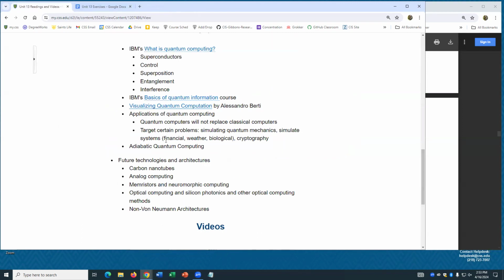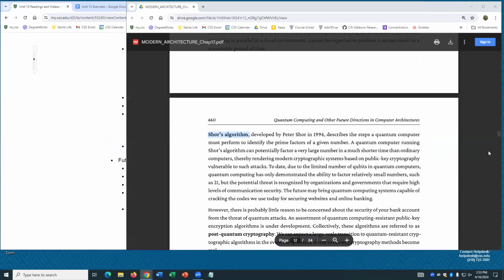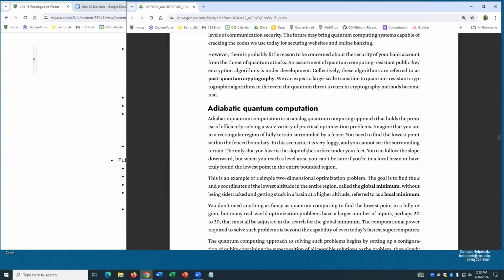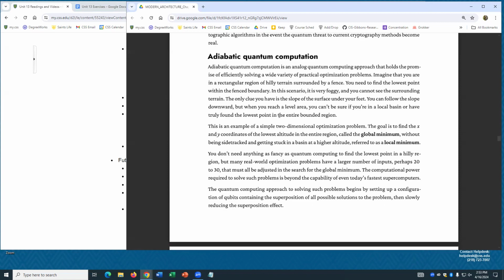I'll just mention, because your book talks about it, one other area. So quantum computing tends to work with quick state changes. We let it try out lots of things, and then we do a measurement, and that gives us a result. There's this adiabatic computing model, which is more of a